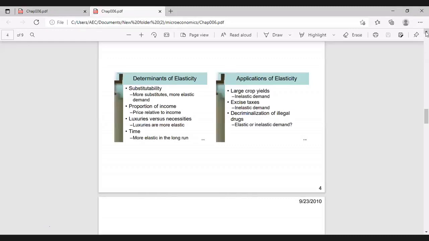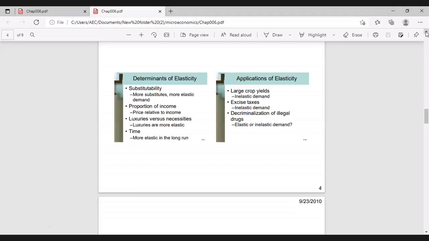Some states, it's still banned. So the demand elasticity determines this: if it is drugs, it's inelastic demand. So if we ban an inelastic demand product, then more crimes may happen. So these are